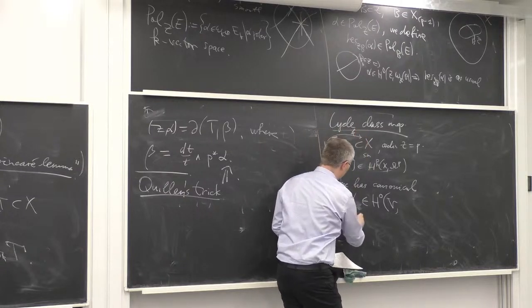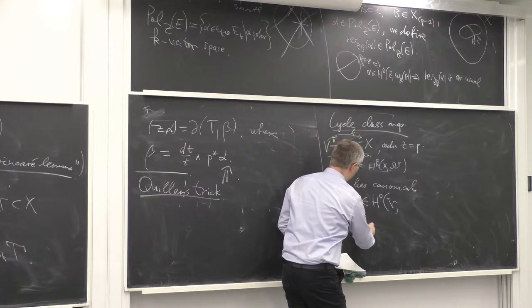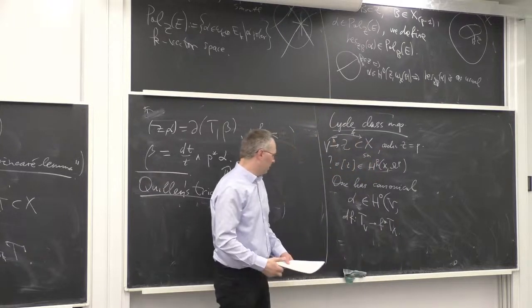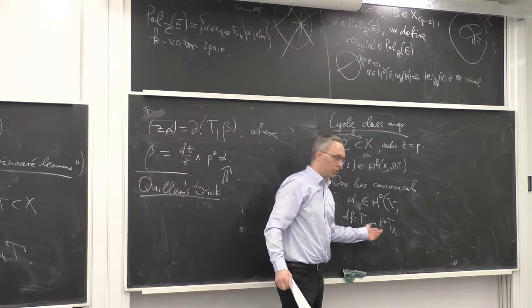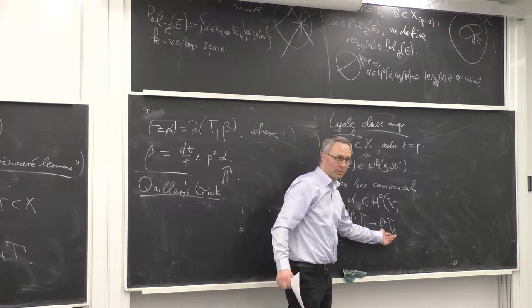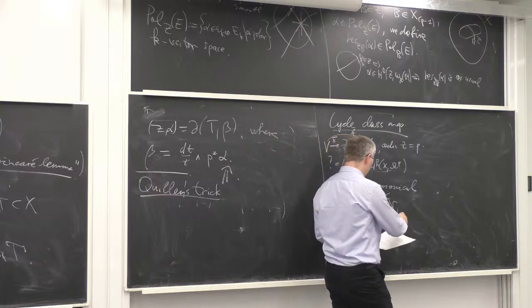I have df from the tangent space of V to the alpha star of the tangent space of X. Now I can pass to wedge forms. I can take the determinant here and take the corresponding wedge power. So I get a map